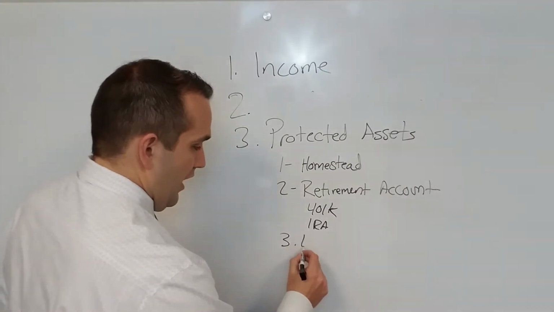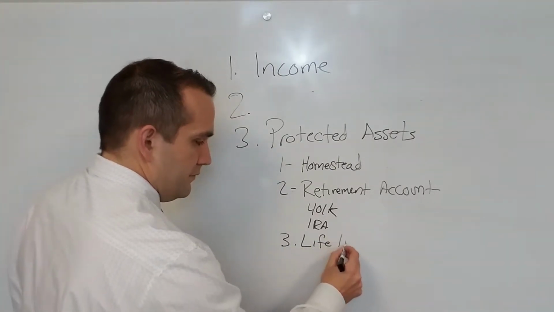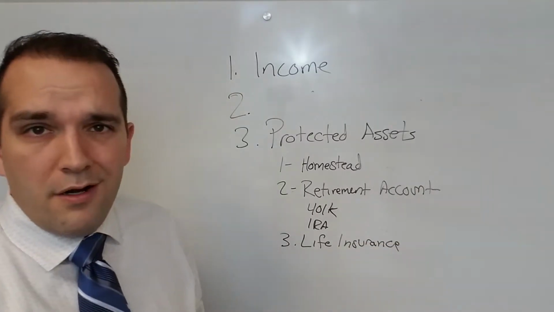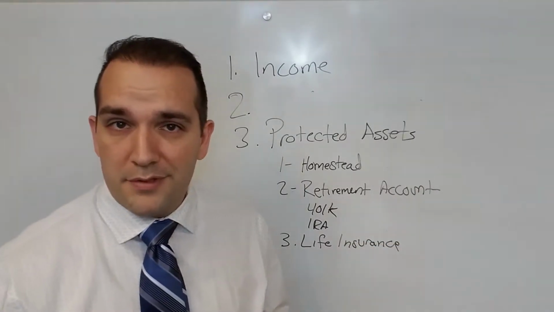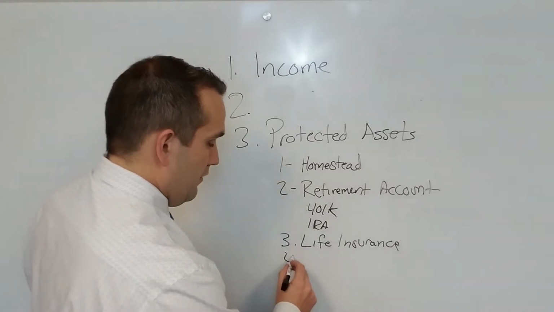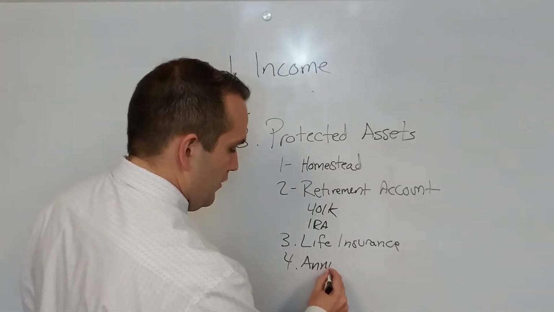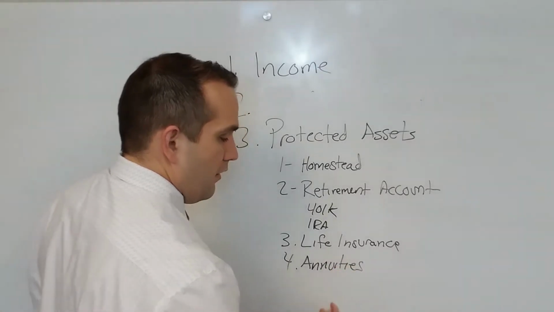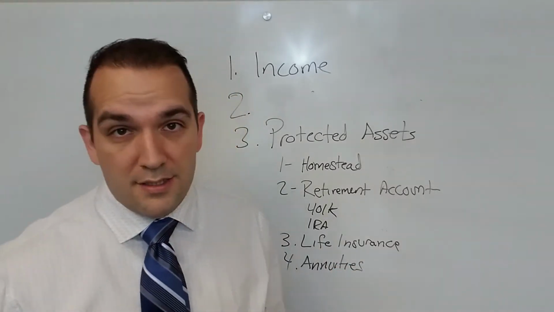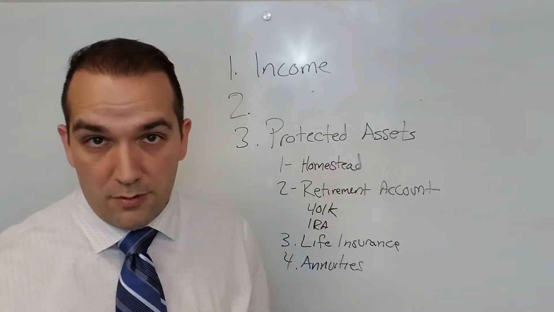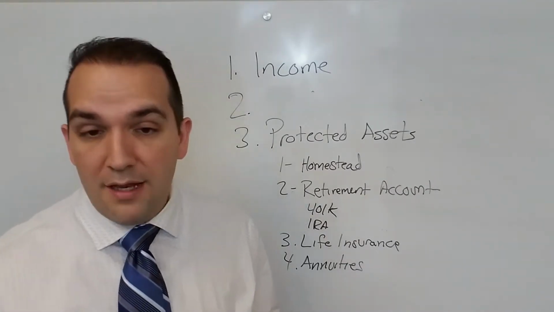All right, life insurance. Maybe you didn't know that life insurance is creditor protected. It's a protected asset. Man, those lobbyists are great for life insurance companies and annuities. Annuities are another thing that people could put their money into, and it would be totally protected if set up correctly. So, if you get a basic understanding.